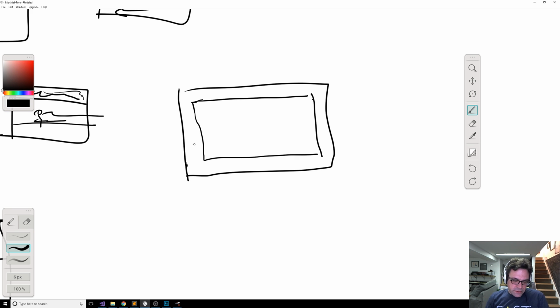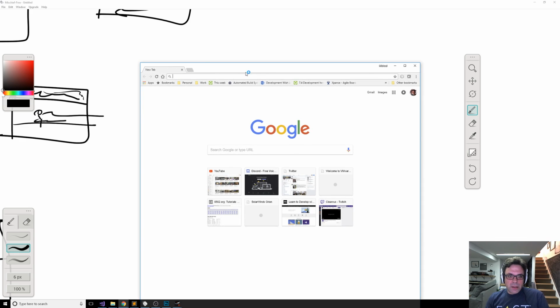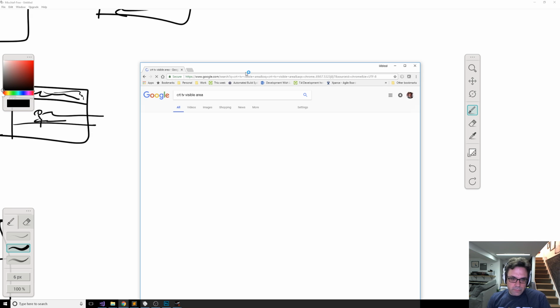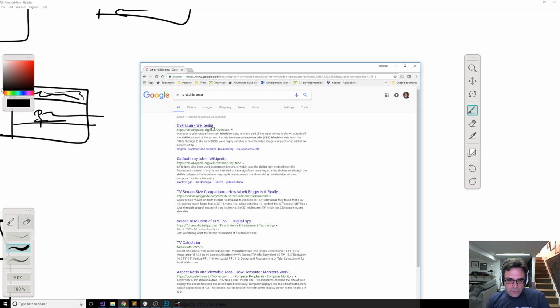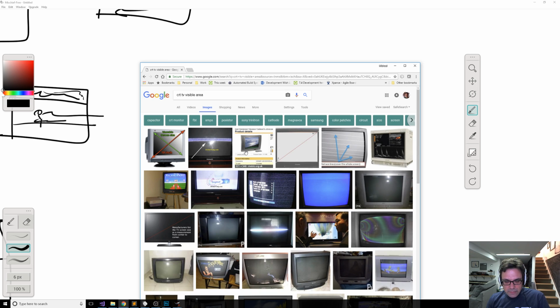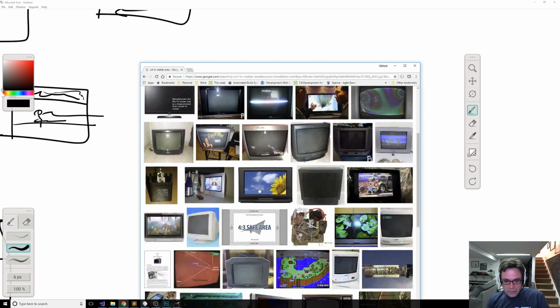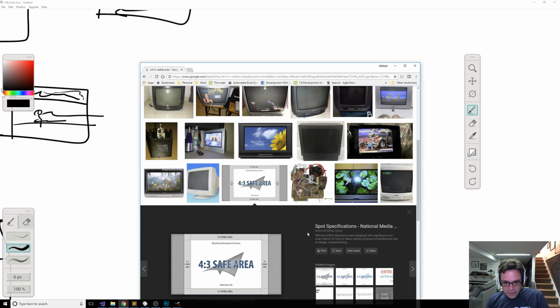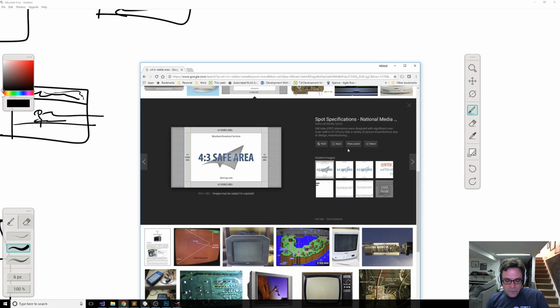What is that called? There's a specific name for it. It's worth looking up, because I can't remember. CRT TV visible area. So there's overscan, but I'm pretty sure it's just the viewable area. I guess it's just the viewable area. So yeah, the 4x3 safe area. That's what I was thinking about. I mean, it's the same thing as viewable area, but